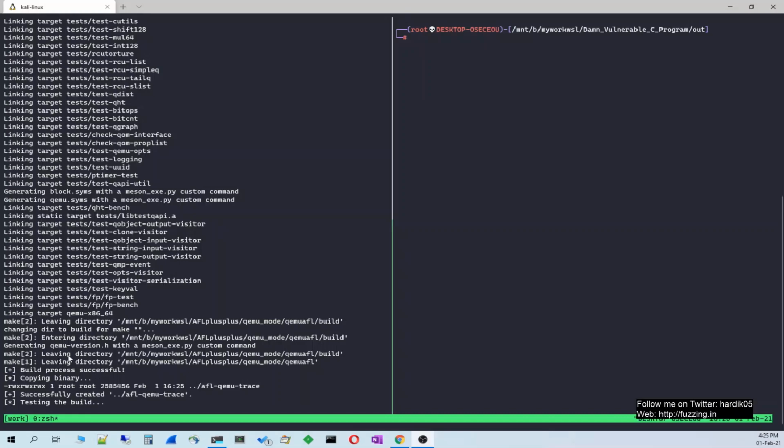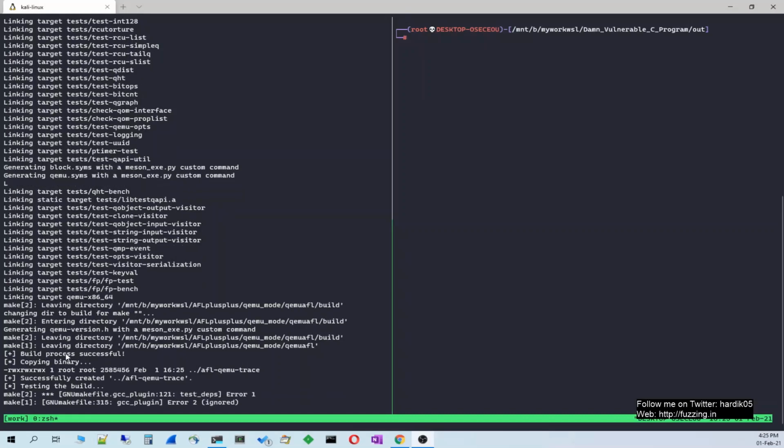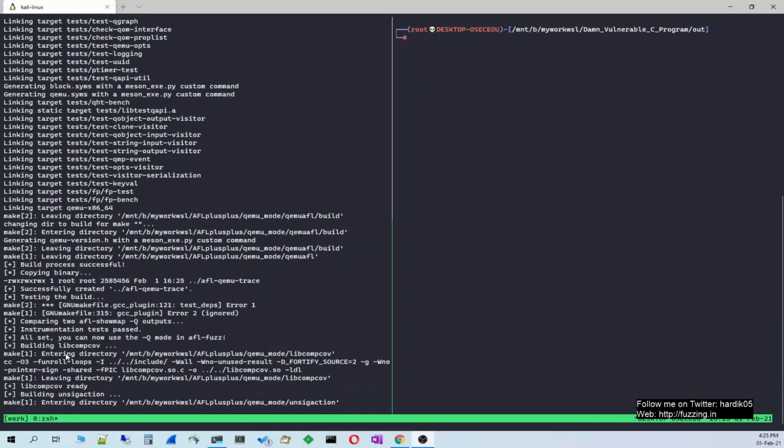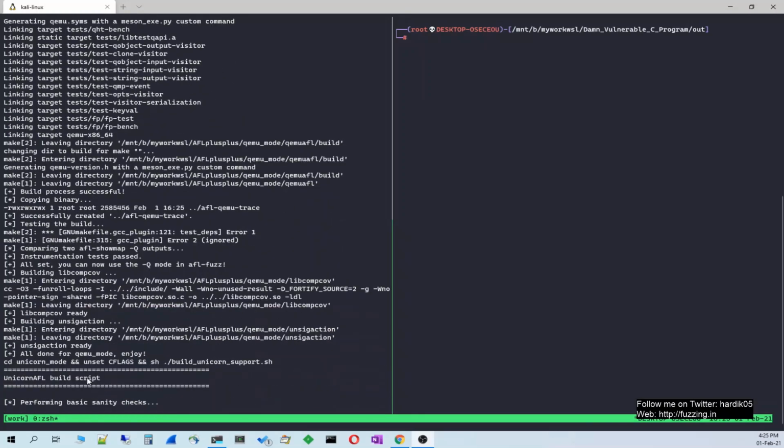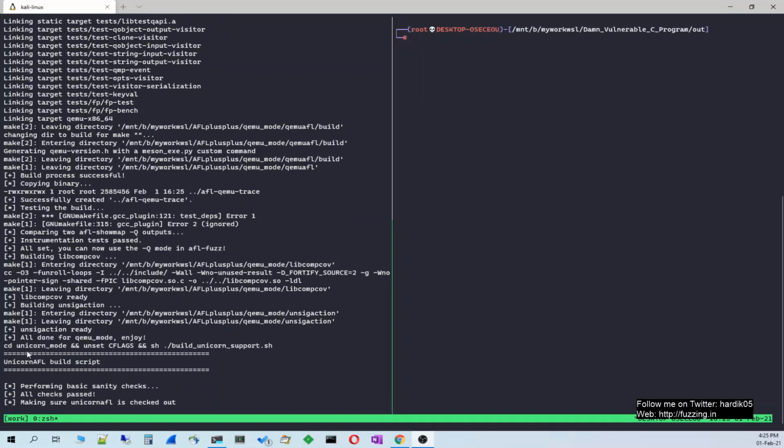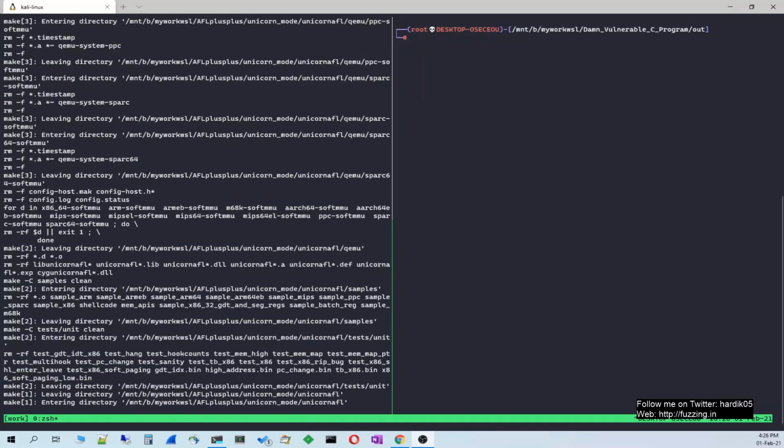So after QEMU mode, it will install the Unicorn module for this, and that will also take some time, as you can see over here. It is still compiling the Unicorn module, and it is compiling different files over here.